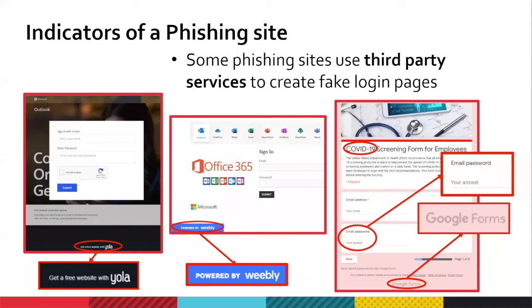And unfortunately, even phishing authors are able to take advantage of these services as well. So whenever you are suspicious of a login page, always scroll down at the bottom of the page and make sure that login forms like Microsoft and Facebook are not hosted under these website builders.